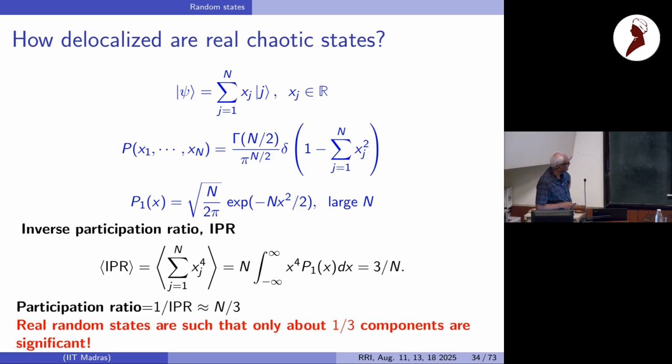You can integrate out n minus 1 of them and just ask what is the probability distribution for a single amplitude. You take a single amplitude and find out its histogram. It's distributed then in a normal fashion. Again, from the statistical mechanics analogy, we know that the momentum distribution is a Gaussian. That is the Maxwell-Boltzmann distribution. So this is precisely the same physics. You can do this exactly.